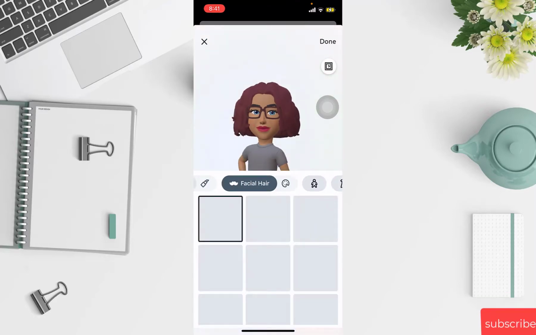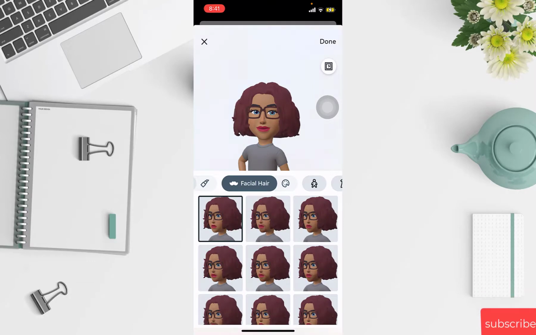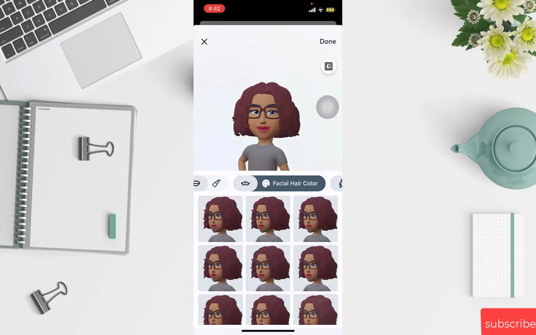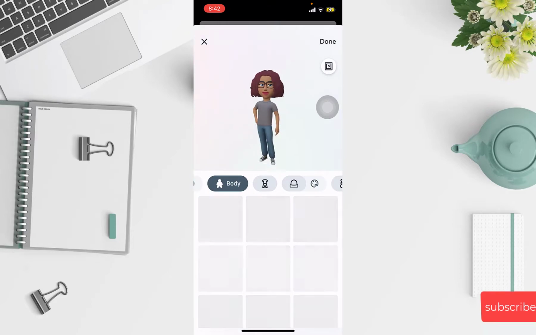Then facial hair, so facial hair color, nothing. Body,